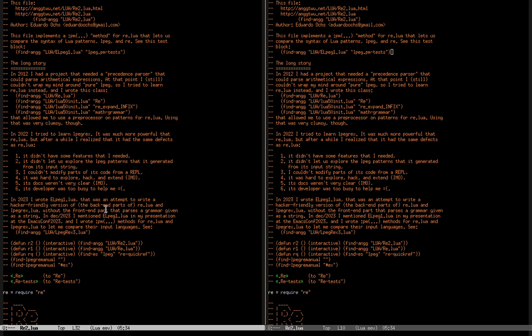Their code was written in a way that was REPL unfriendly. I couldn't modify parts of the code bit by bit in a REPL and try to change the code without changing the original file, say. The code was very hard to explore, to hack, and to extend, in my opinion.